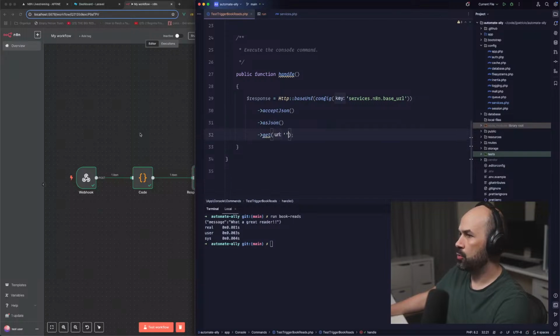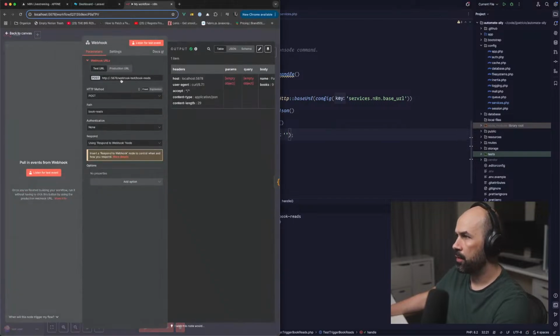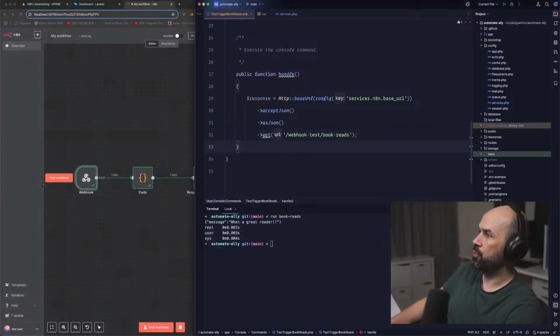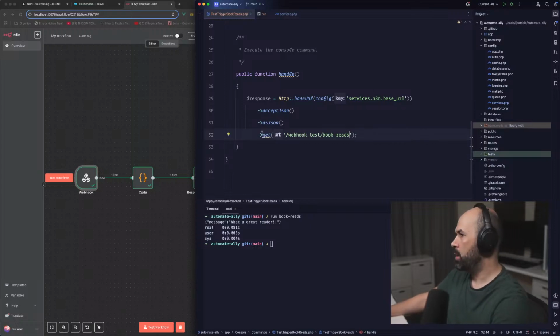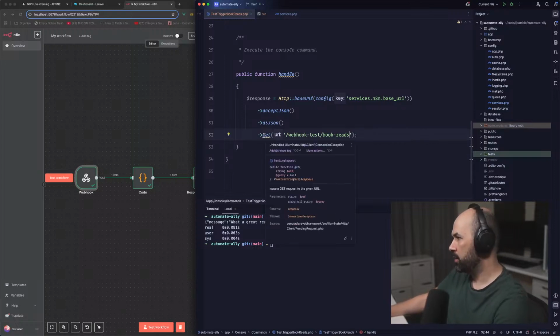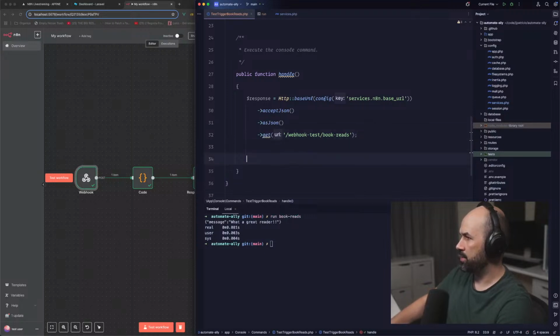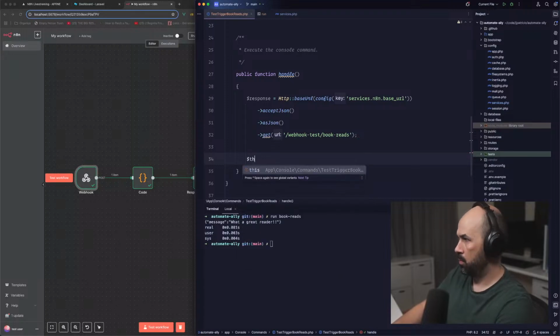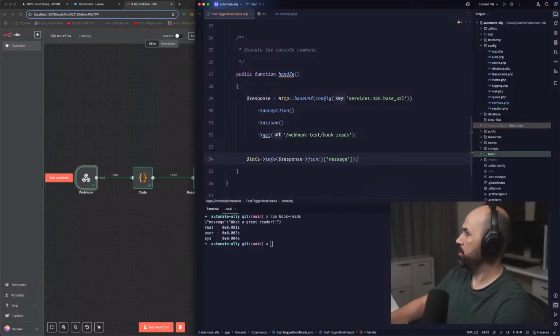Let's do the get endpoint. We'll configure that. Webhook test /book reads. Why are you complaining? Yeah, so the JSON exception, no worries for now. And we're going to info the response JSON message.